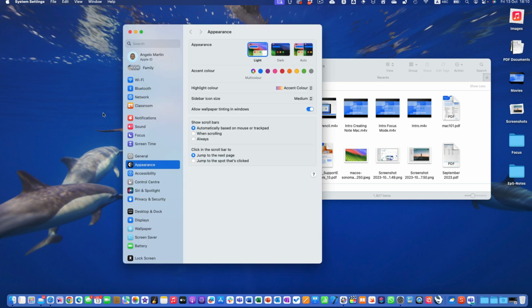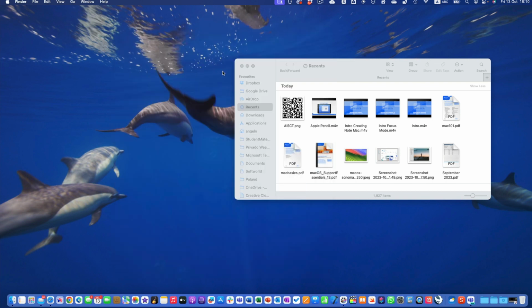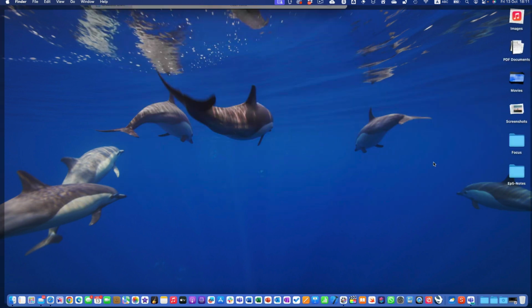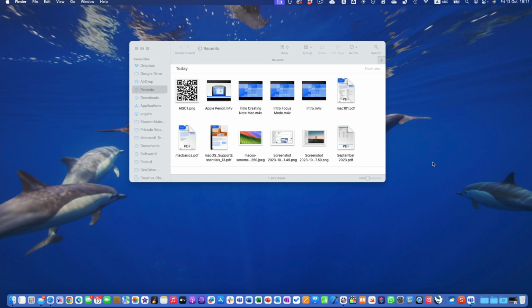If I go back into my system settings and go to Desktop and Dock, here I can see Show Items on Desktop, which will then hide it. I can also show the items when I'm in Stage Manager, so I can untick that as well. If I go back to clicking on my desktop, you will see the items return. If I click on my desktop again to bring my windows back, it will hide the items and only